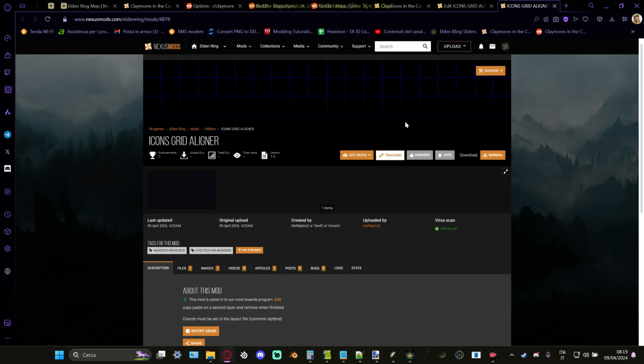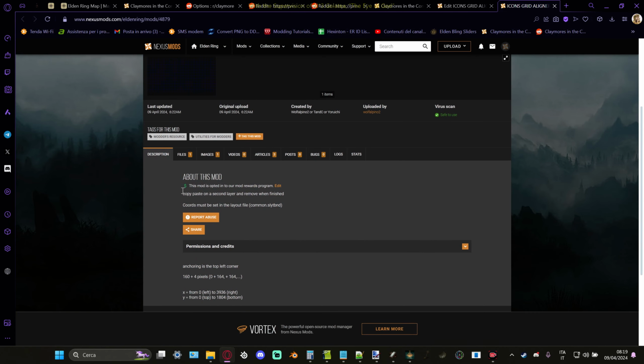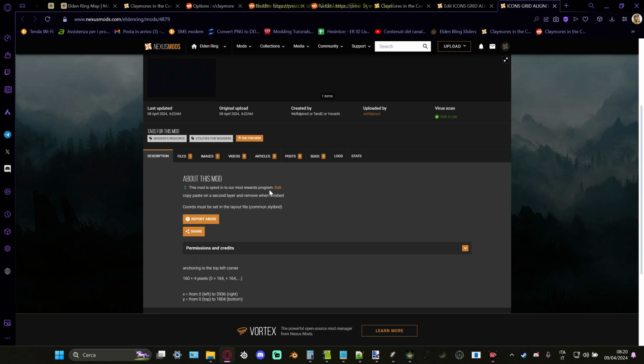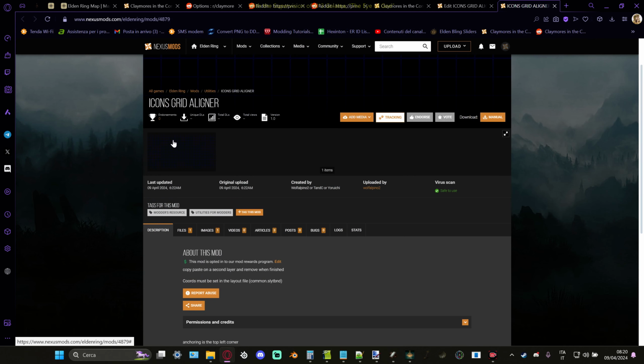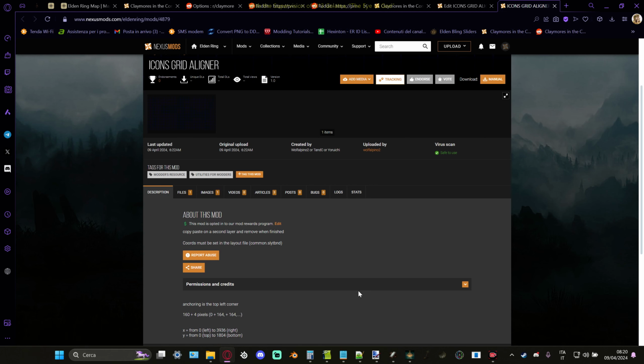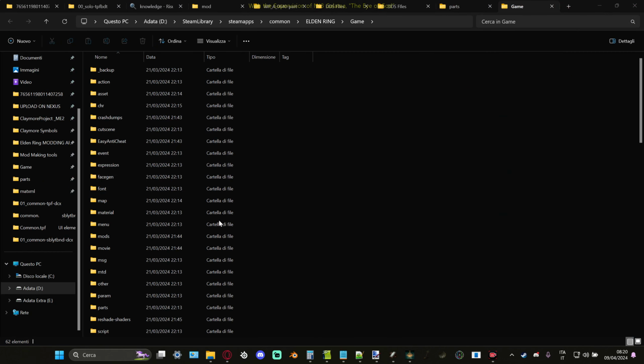But how to use it? As I said in the description here, copy paste on a second layer and remove when finished. I'm also working on putting some numbers here as a reference, but it's just for reference, and I'm not going to finish it. But anyway, let's pretend that we have the Elden Ring game unpacked in front of us,